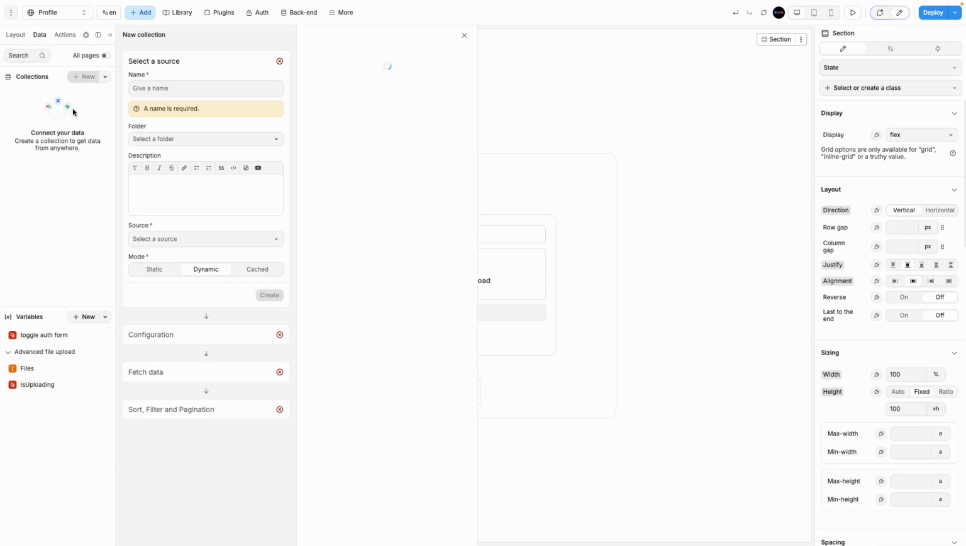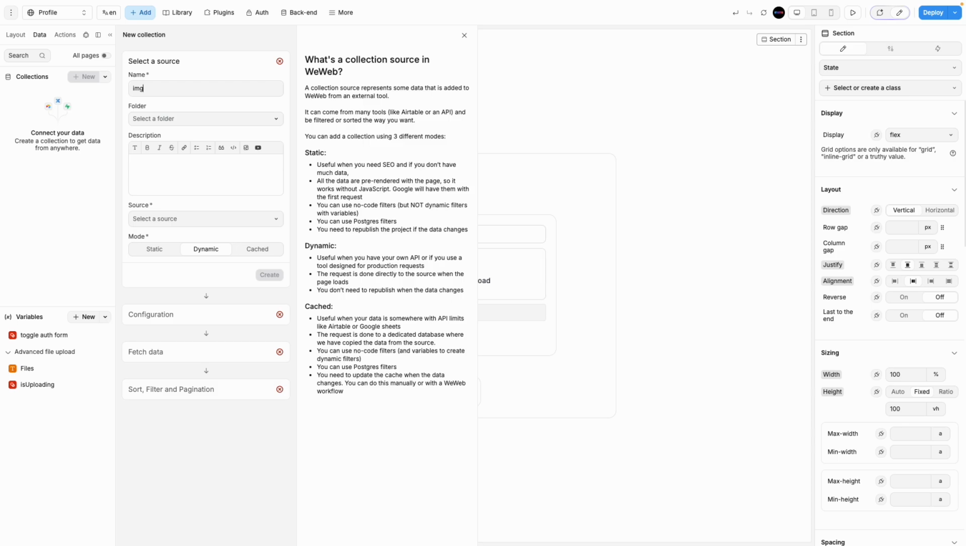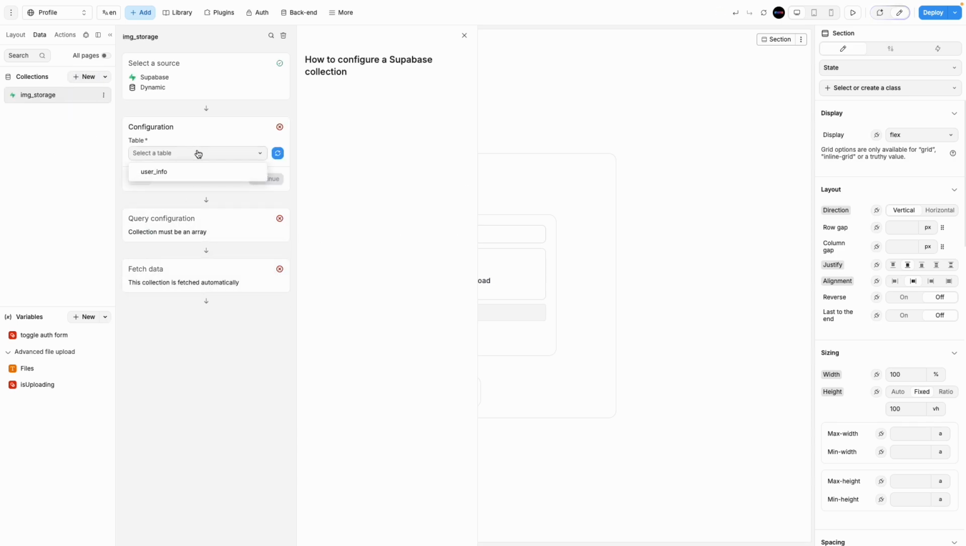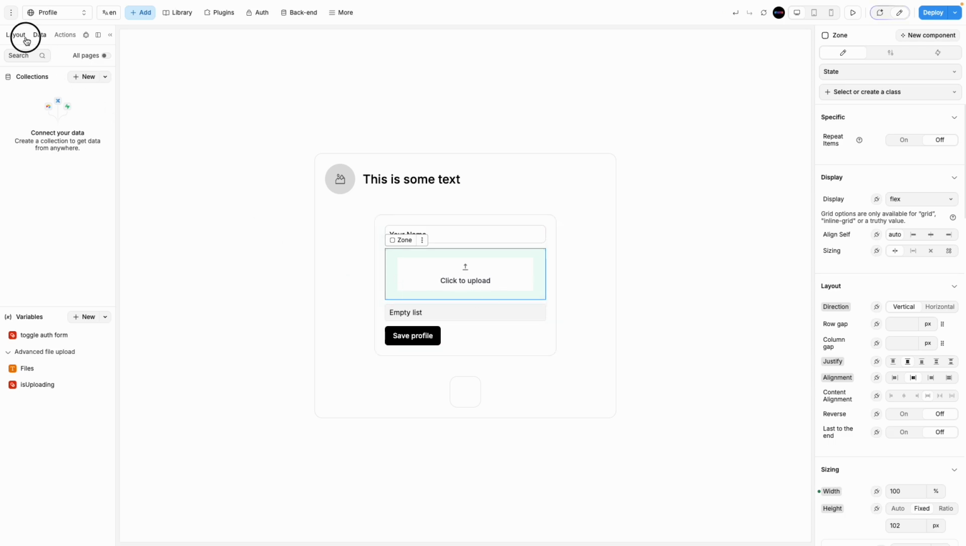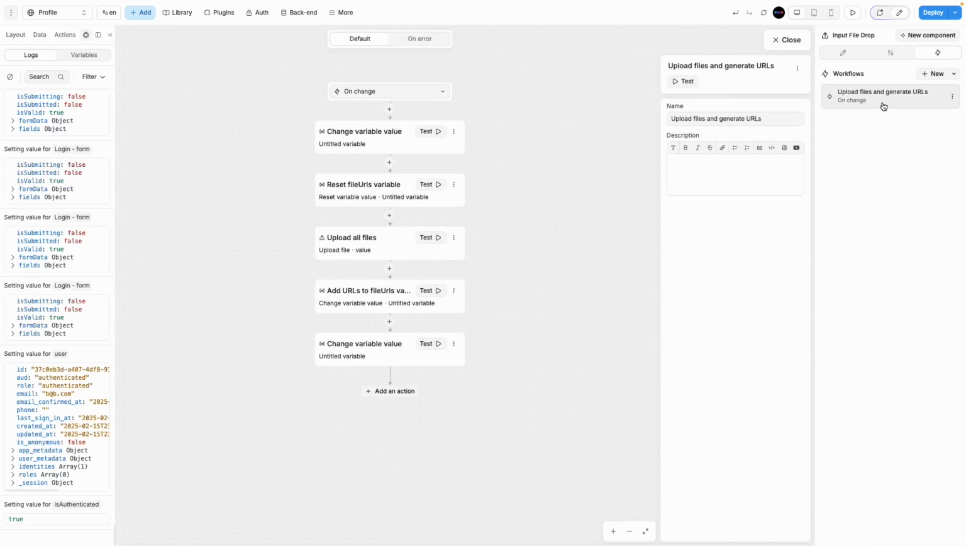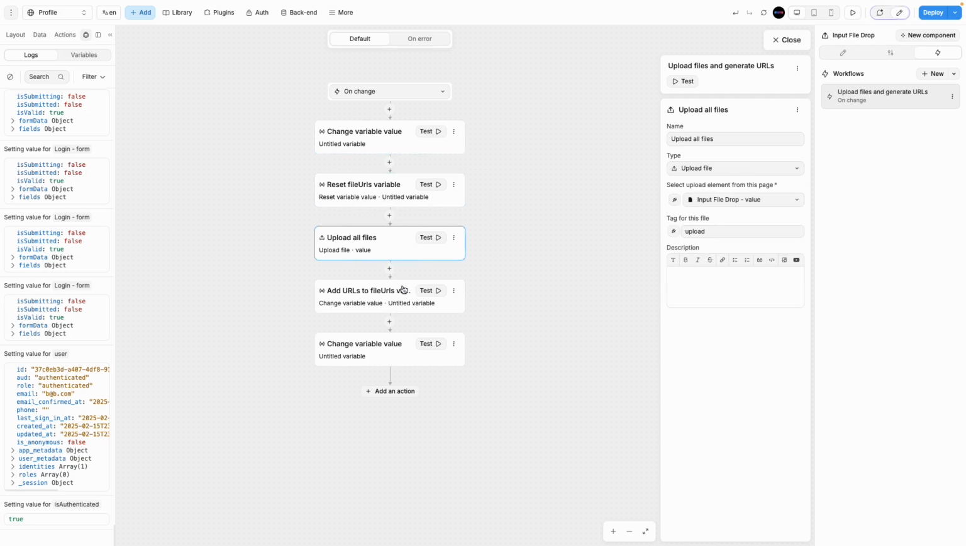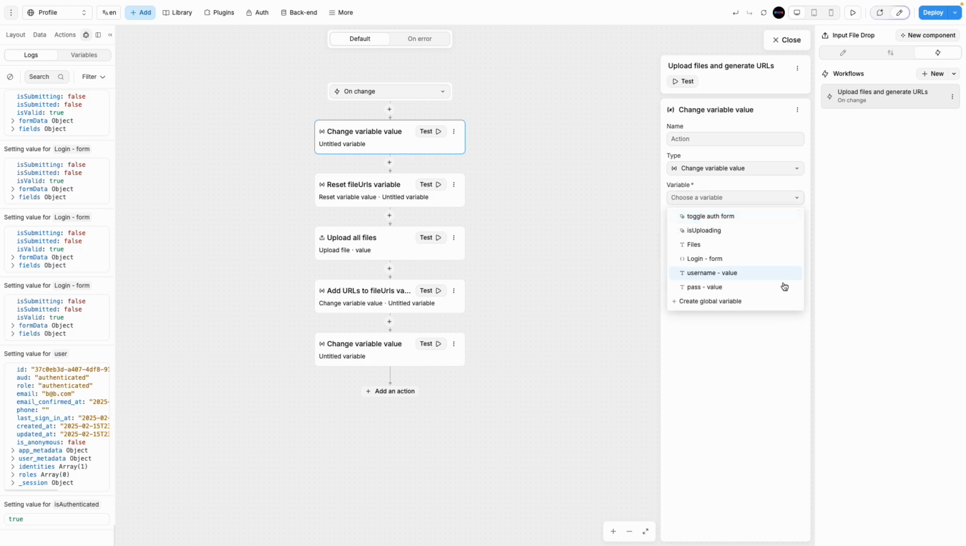I need to create a new collection here, name it image storage, and the source should be Supabase, create table. So it's not possible from here. We can dynamically do that from this page. If I click on this upload option, if I go back on change, you see that I just change variable. That's all set up. So we need to change the variable that has been created, like this files one, right? And the value will be,